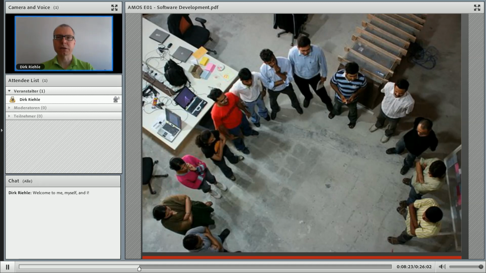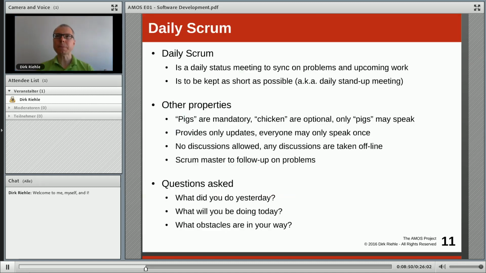And the Scrum Master takes note of impediments and the developers take note of whose work is overlapping with whose, and make it one-on-ones if there are interactions that you need to talk about. So don't discuss problems in the daily Scrum. Just take note of who's working on what and what problems they might be expecting, and then after the meeting, talk to them about it.